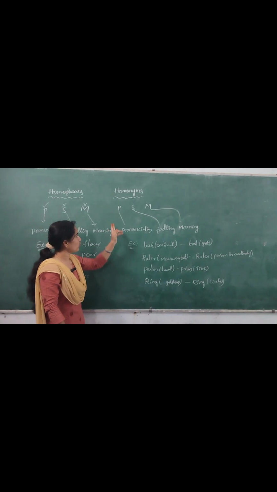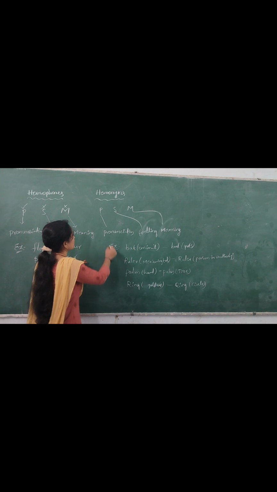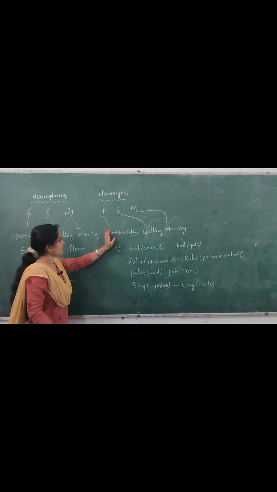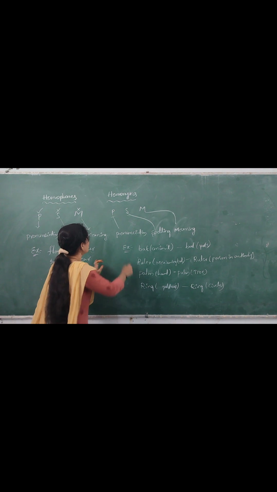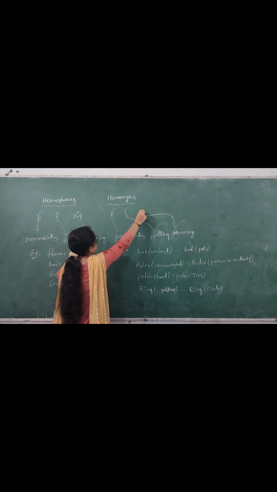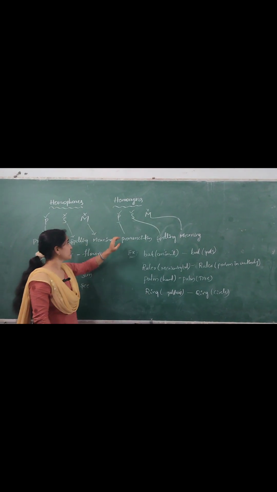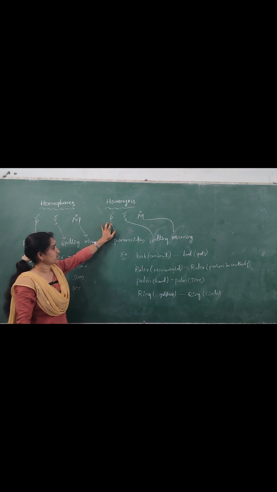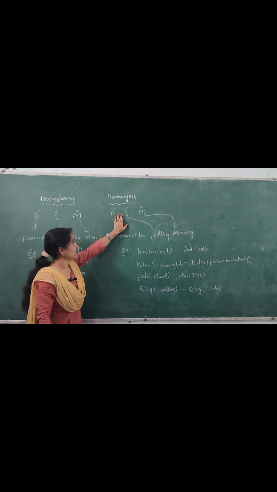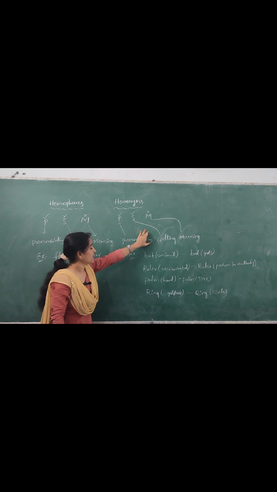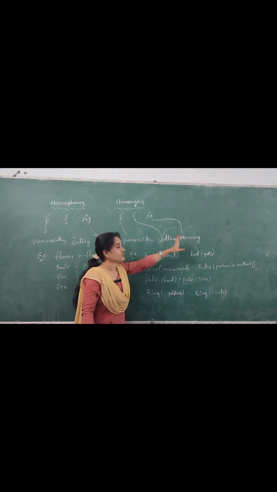And when it comes to homonyms, here also we use this PSM theory. P stands for pronunciation, S stands for spelling and M stands for meaning. But put a right tick mark on P and S and a wrong one for M. You can see here, P is taken the right mark, that means same in pronunciation. And S is also taken the right mark, that means same in spelling, and M is taking the wrong mark, that means different in meaning.